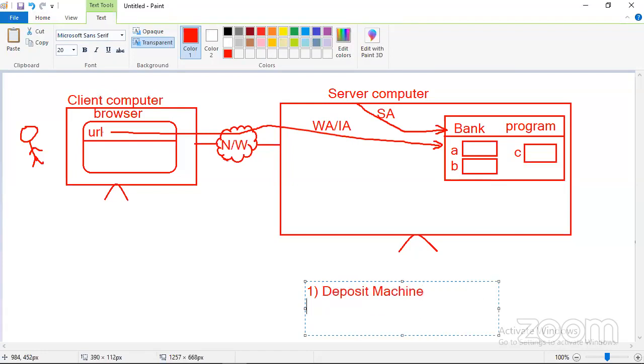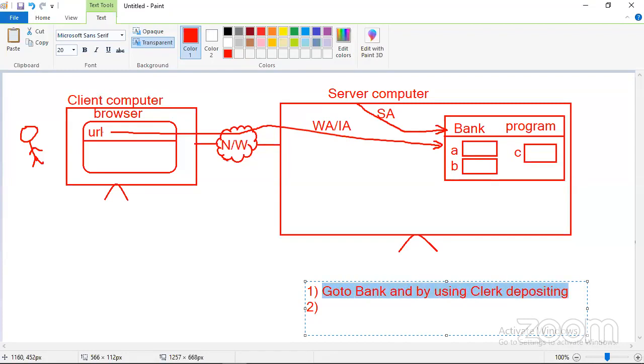Second one: I don't say deposit machine, I want to take a clerk. Deposit machine will be confusing to you. So go to the bank premises, go to the bank, and by using a clerk, you are depositing. Now what is this?